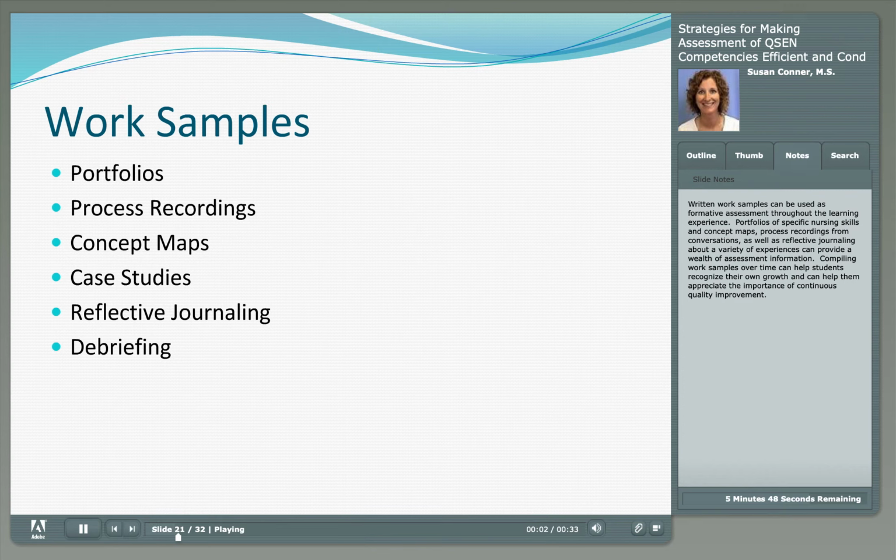Written work samples can be used as formative assessment throughout the learning experience. Portfolios of specific nursing skills and concept maps, process recordings from conversations, as well as reflective journaling about a variety of experiences, can provide a wealth of assessment information. Compiling work samples over time can help students recognize their own growth and can help them appreciate the importance of